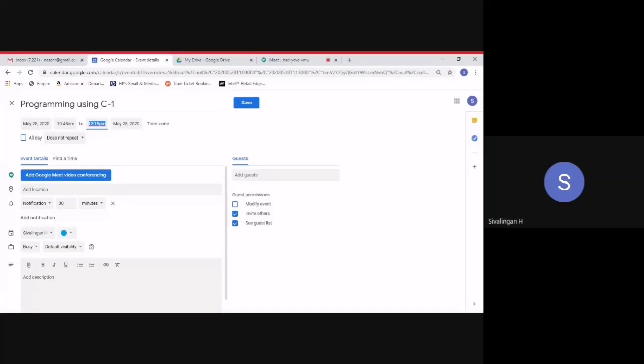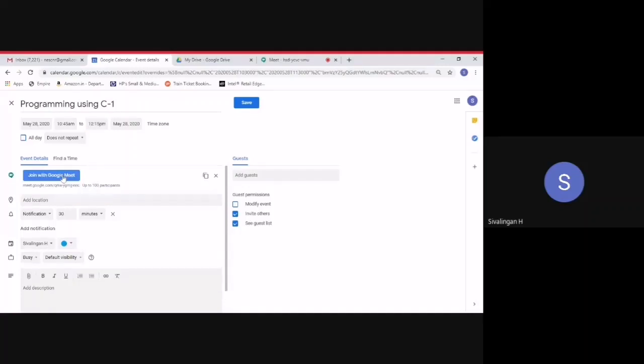I'm creating a meeting, and then there is something called event details. Here it asks to add Google Meet video conferencing, because we are going to host this classroom or meeting using Google Meet. I click once on this button, and automatically the meeting ID will be generated.